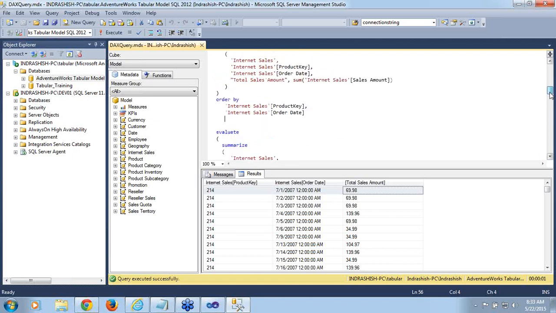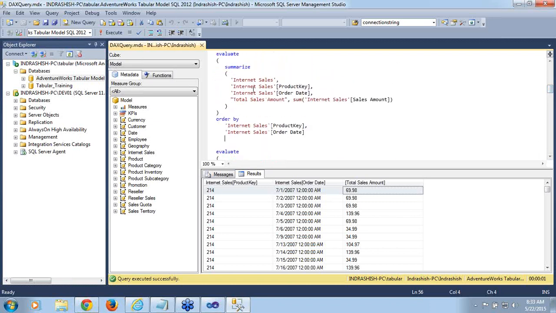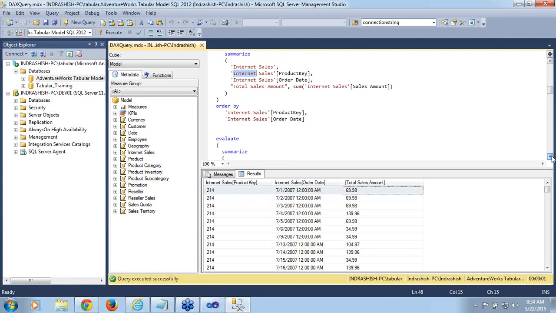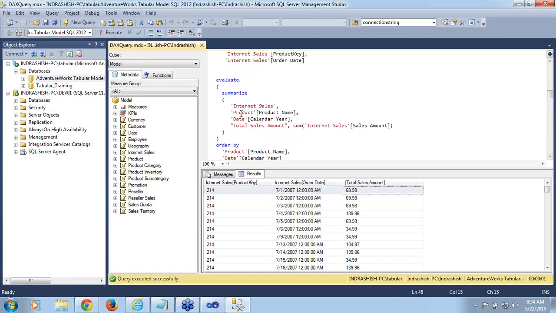So till now we have used all the columns in the internet sales table only. Now in this query, we are using a column product name from the product table, and we are using calendar year from the date table. So in your query, you can also use columns from other tables, provided your main table, that is internet sales, is related to these tables. There is a relationship